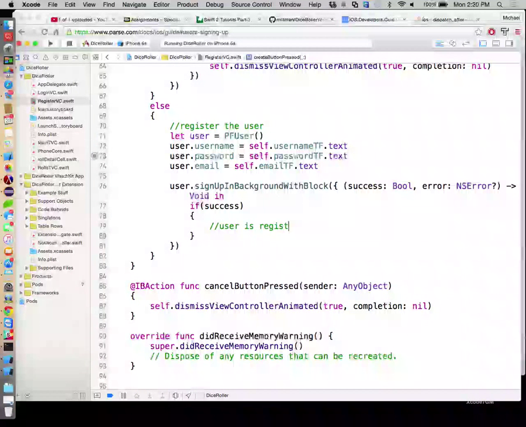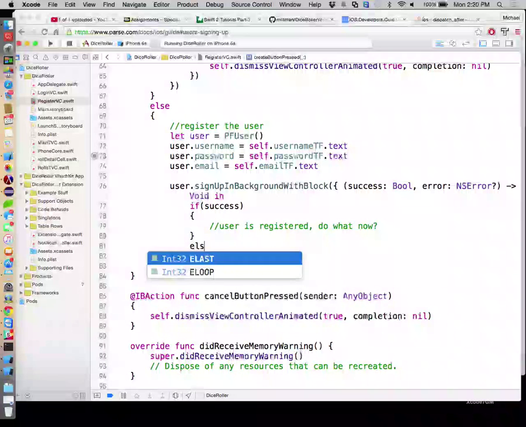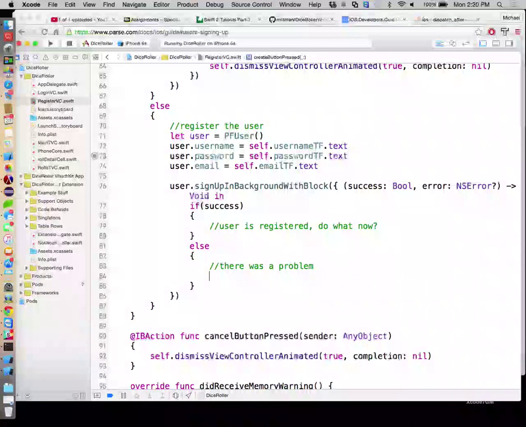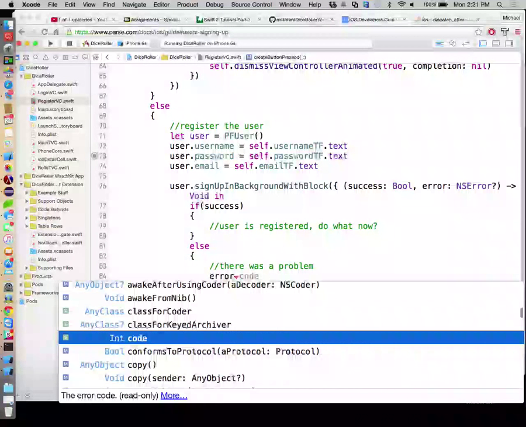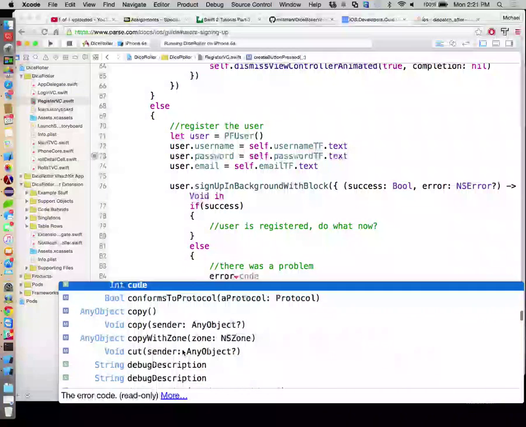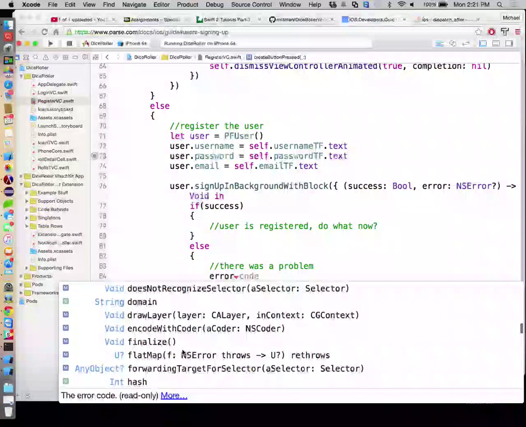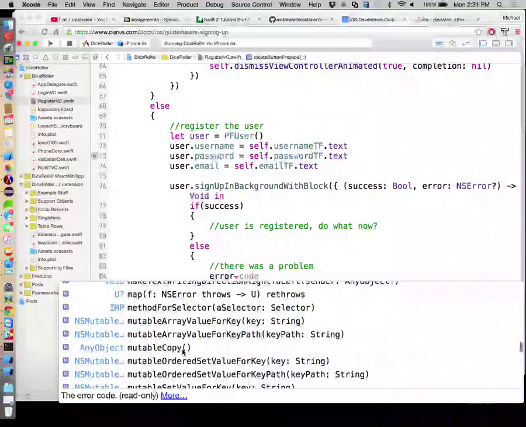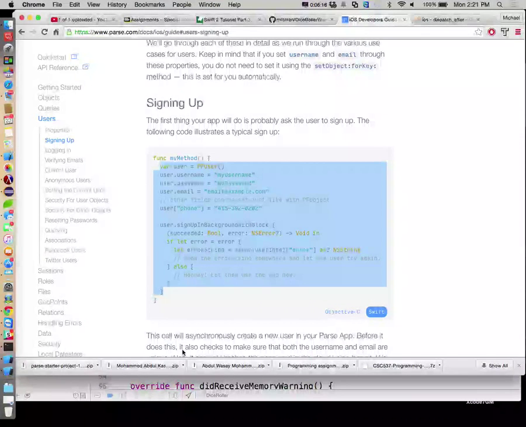user is registered, do what now? Else, there was a problem. And if we want, we can do, what do we get from error? Error dot. You know what? We're just going to do